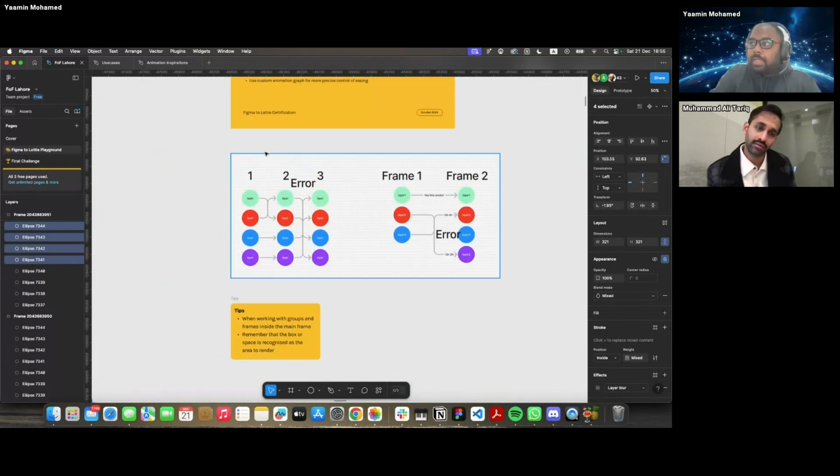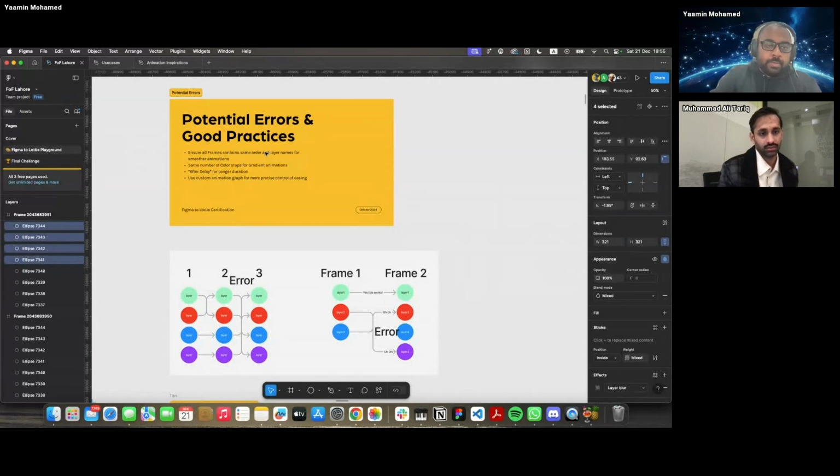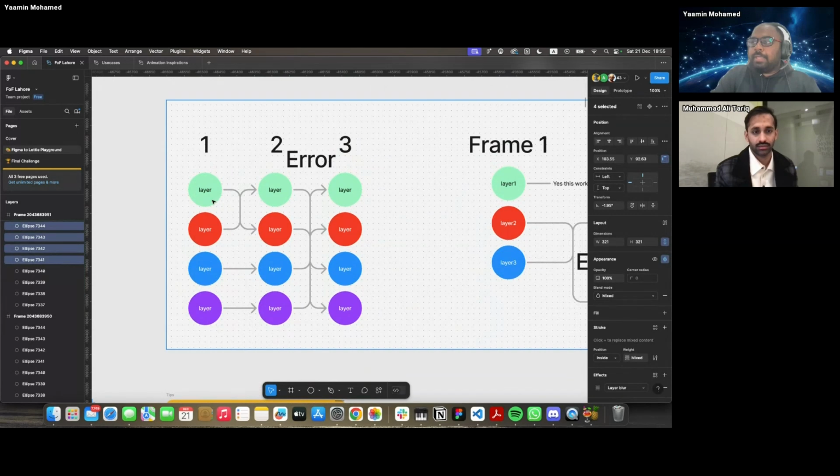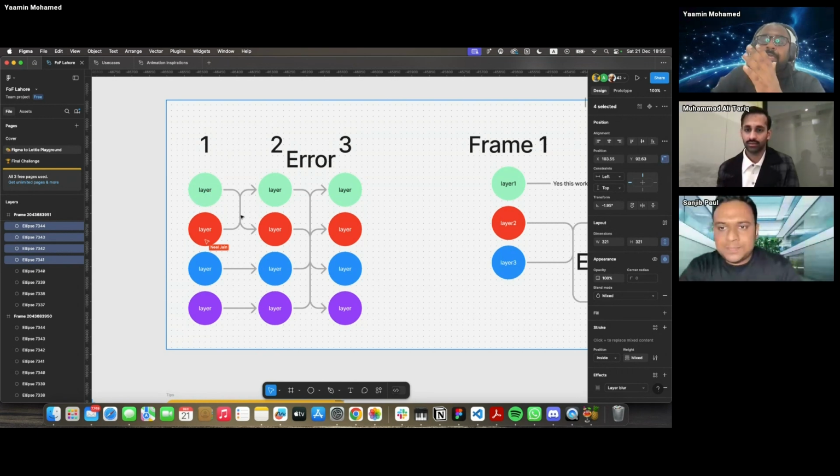So there are ways that you can avoid errors when you are actually using our plugin. One thing to keep note of is, like Sanjeev said, if you have the same layer name and it's not well defined, this is a potential error that could happen. The plugin reads the unique layer names as a foundation to change data from one frame to the other. So if you have the same layer name, it might read the layer on the next frame as a different layer